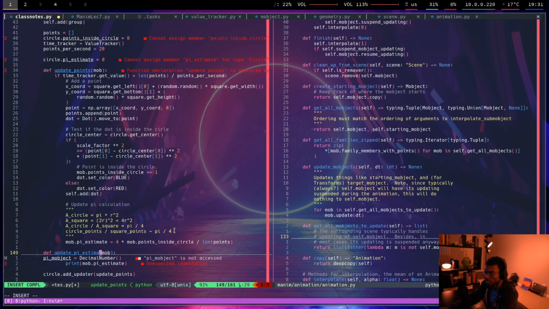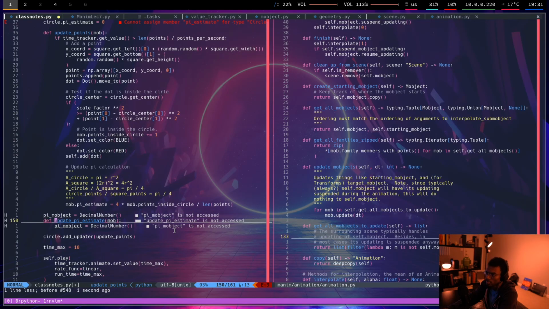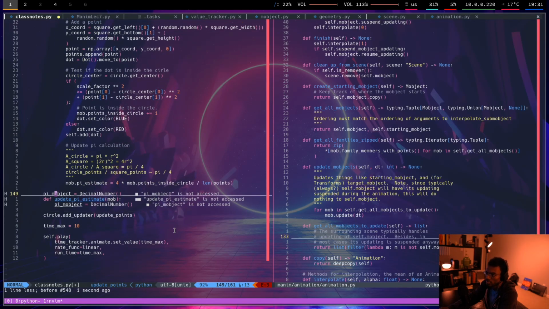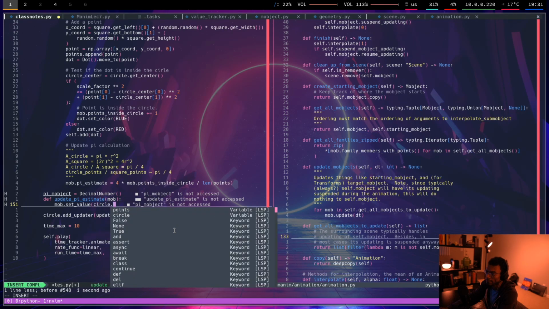Update pi estimate. And it'll be just set value. So pi object equals decimal number. This will just be mob.setValue. Circle dot